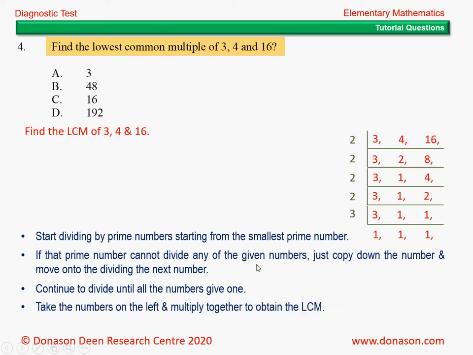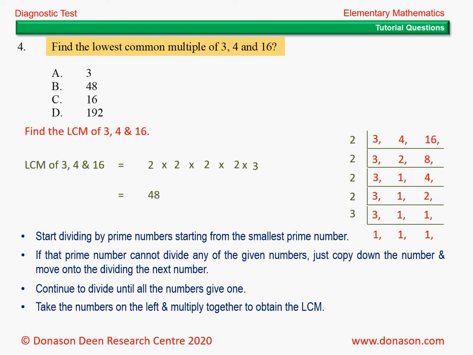And now we can actually start to find the lowest common multiple by taking all those numbers on the left that we have, 2, 2, 2, 2 and 3, and we're going to multiply all of them together to get the lowest common multiple. So the lowest common multiple of 3, 4 and 16, of course we're going to write in prime notation first, or index form first. So 2 times 2 times another 2, and then times another 2, and then we have one more 3 there, right? So we're going to write 2 times 2 times 2 times 2 times 3,